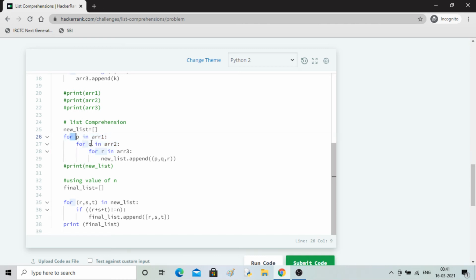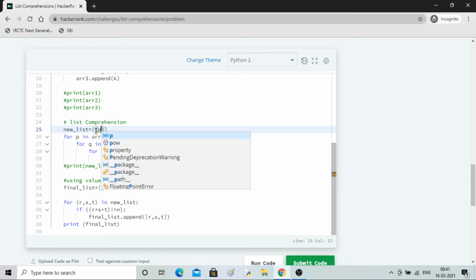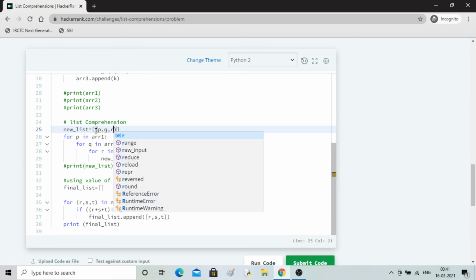So here you can see you are using 3 for loops. Now the same thing, if you have to implement it by list comprehension, then what you will do is I will write it in this way. Okay, just see p comma q comma r.